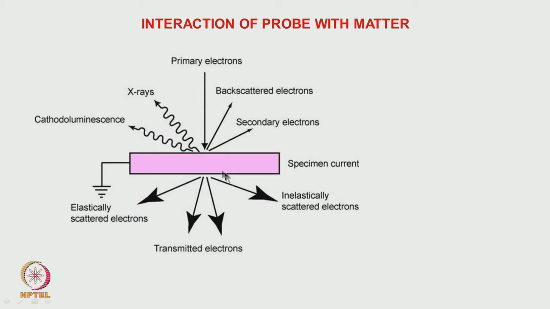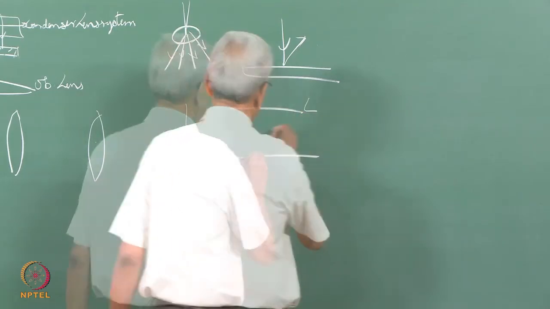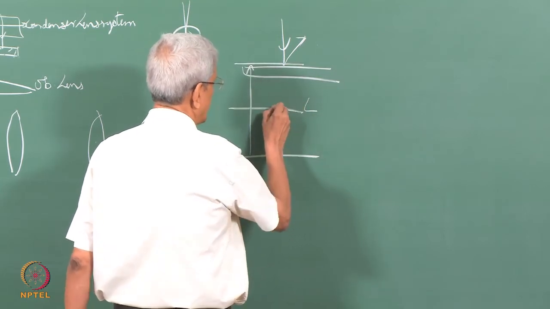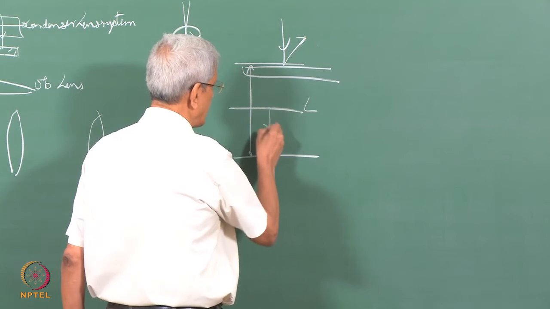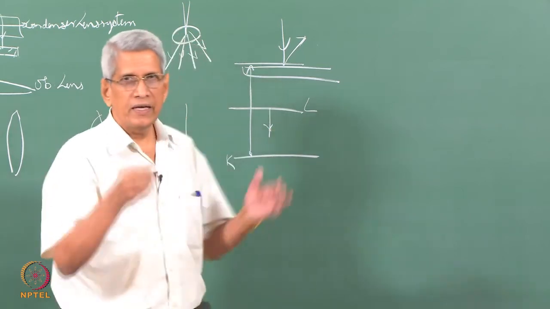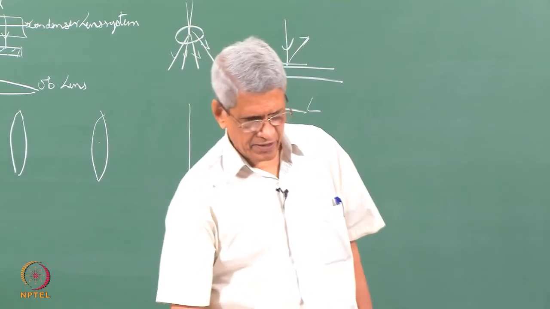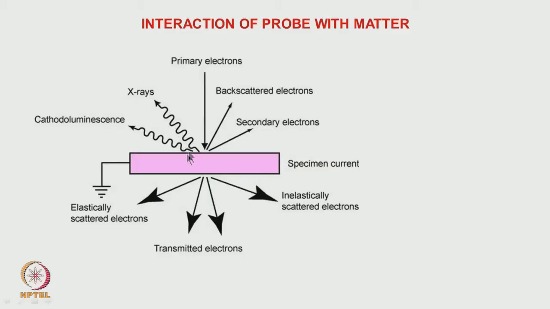And when the primary beam has lost some energy, what is the another thing which happens? This energy loss means that it has excited the atom from one state to another state, K level to an L level, or removed an electron from the atom to a vacuum level. Then when a vacancy is created, an electron from an L level can come down to fill the vacancy. That is what comes out as the characteristic X-rays. So, these characteristic X-rays also give information about the elements which are present on that sample surface. These are all the information which we can get from the microscope.